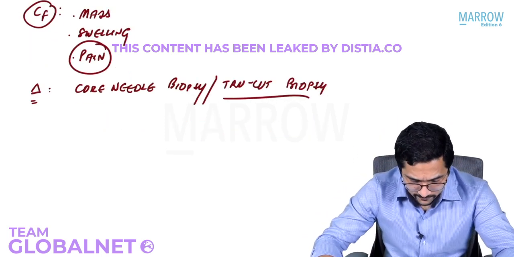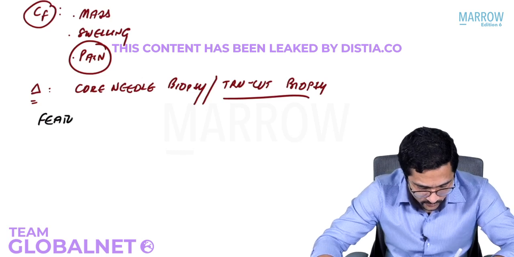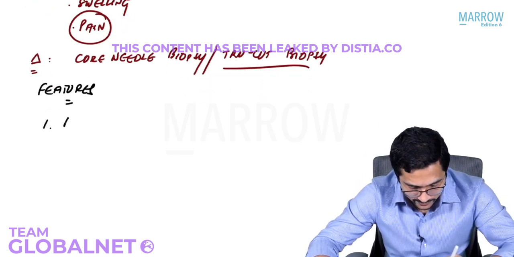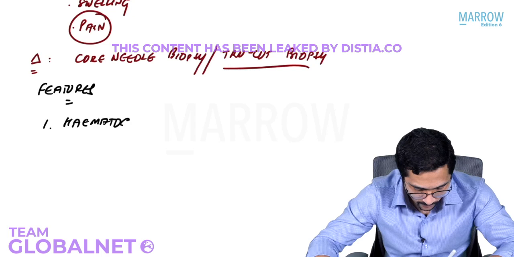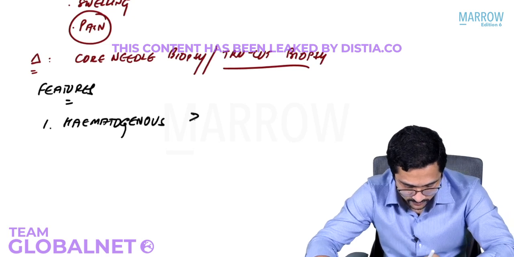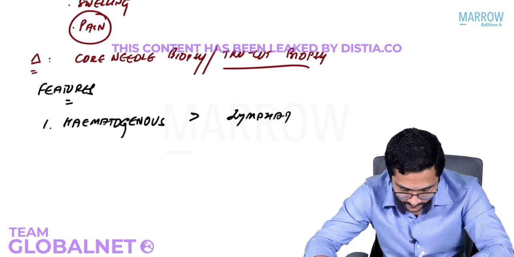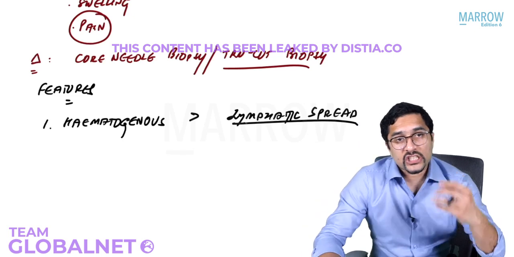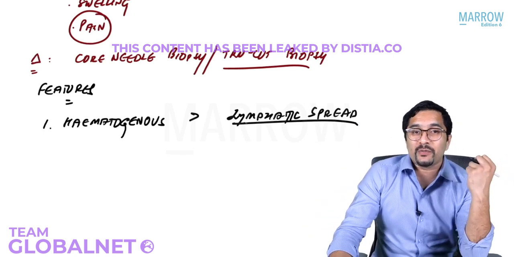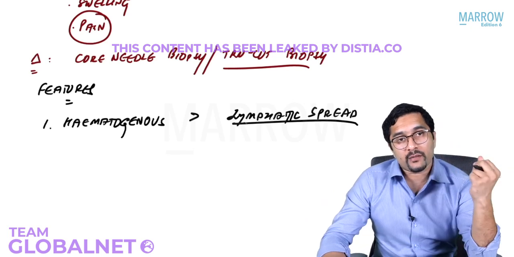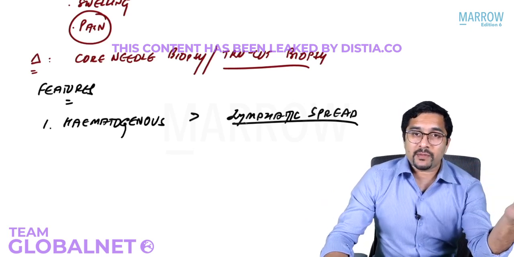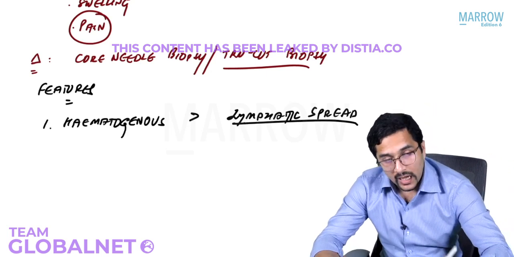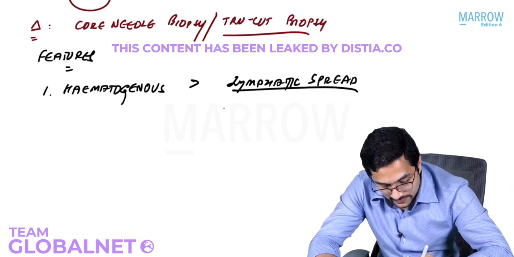Now, there are certain features regarding soft tissue sarcomas which I want you to know about. Number one, hematogenous spread is more common than lymphatic spread. This, if you remember, we also covered in gastrointestinal stromal tumors, GIST, which is also a type of soft tissue tumor. Their hematogenous spread was more common than lymphatic. Even phyllodes tumors in breasts, lymphatic spread was uncommon. Okay, so lymphatic spread is uncommon in soft tissue sarcomas, except,